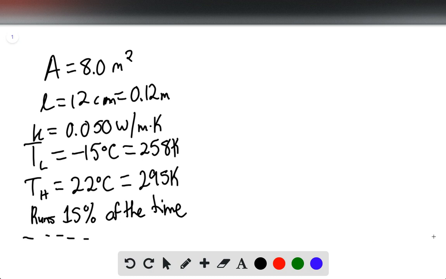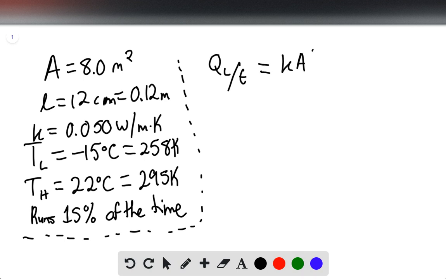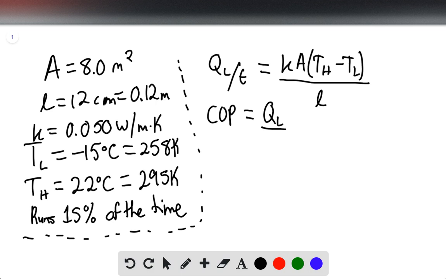Now, let's separate the givens. We have an exhaust energy per unit time. This is going to be equal to K A (T sub H minus T sub L) over L. So we can say that the coefficient of performance is going to be equal to Q sub L over W,